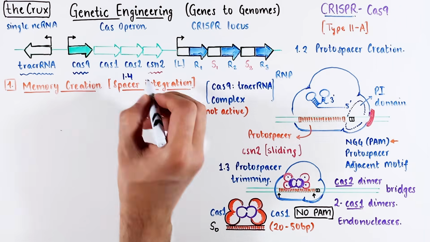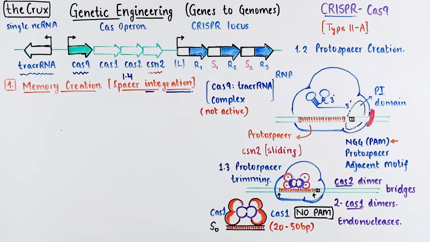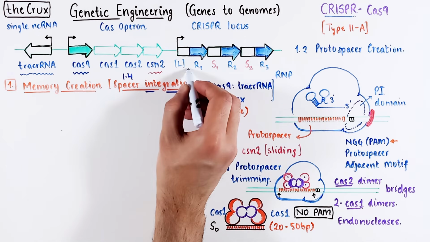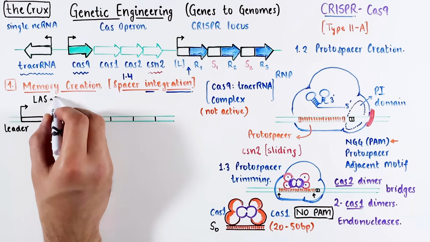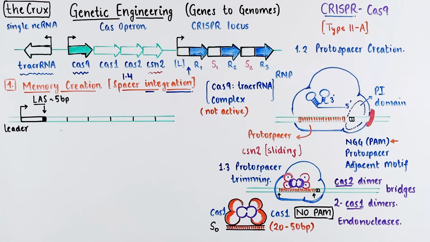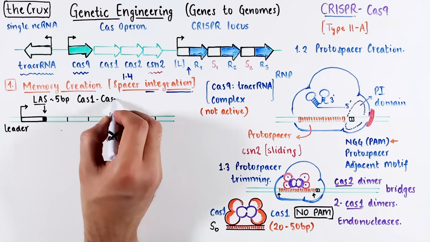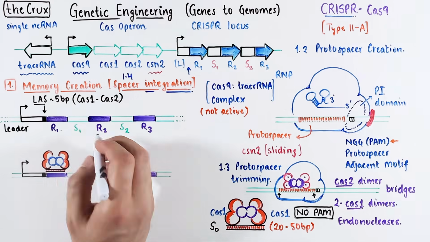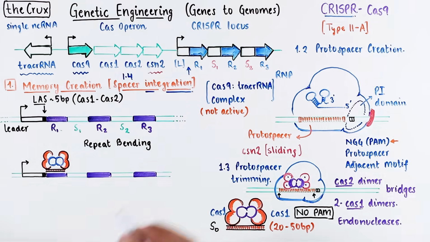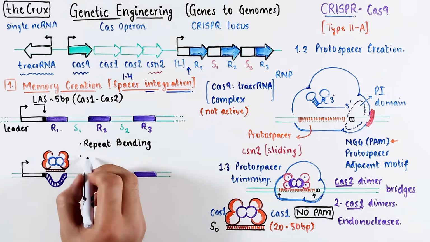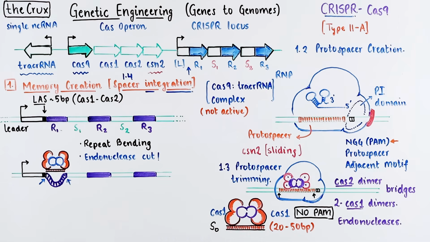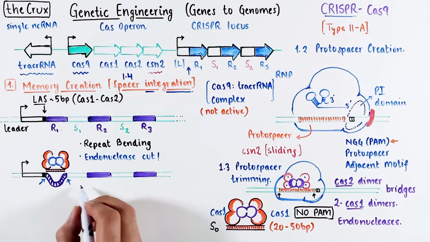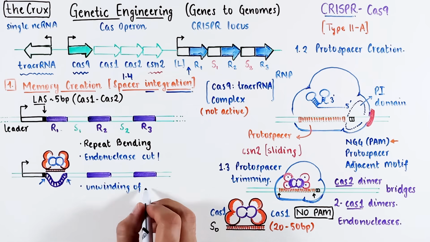The next step is to integrate the spacer into the CRISPR locus. The preferred spot to integrate the spacer is after the leader, where you have a short leader adjacent sequence, right before the start of the first repeat. This LAS attracts the Cas1-2 complex. The Cas1-Cas2 complex causes an unusual bending of the first repeat, which in turn exposes the grooves of the repeat DNA, allowing the endonuclease domains to cleave the first repeat on the opposing strands,